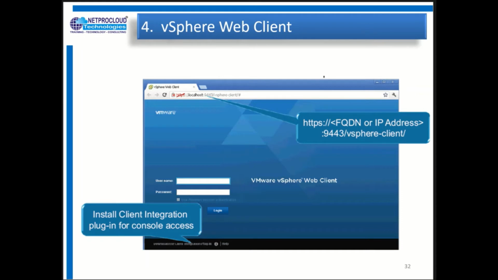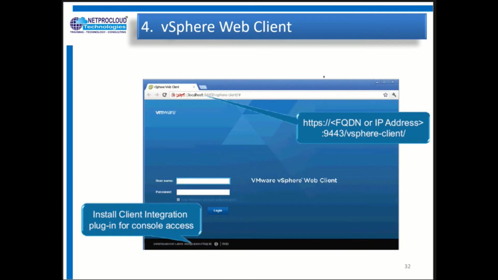Then comes the vSphere web client. How to access the vSphere web client? You have to open the browser, and in the browser put https://, then the FQDN or the IP address of your vCenter, and colon 9443. 9443 is the port to access the vCenter on the web browser.